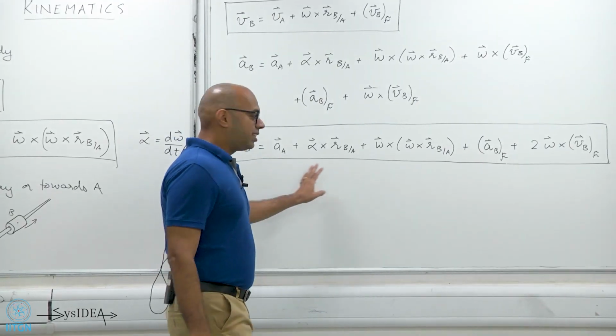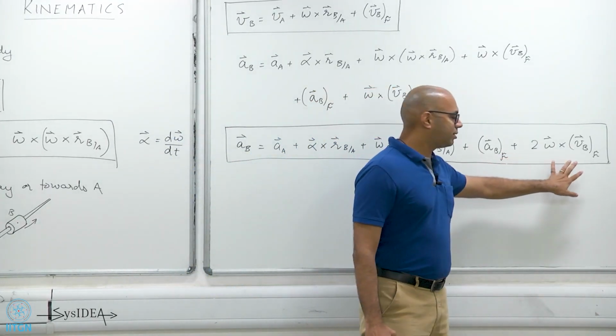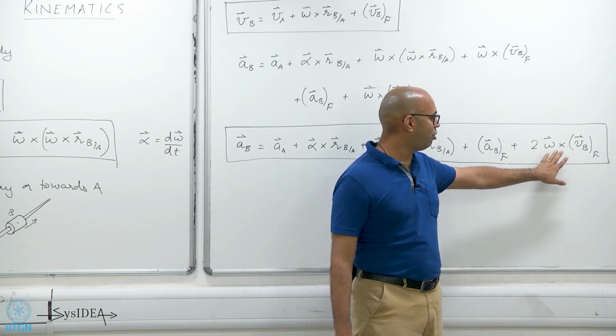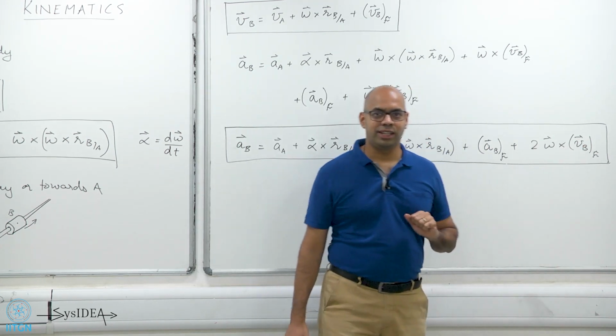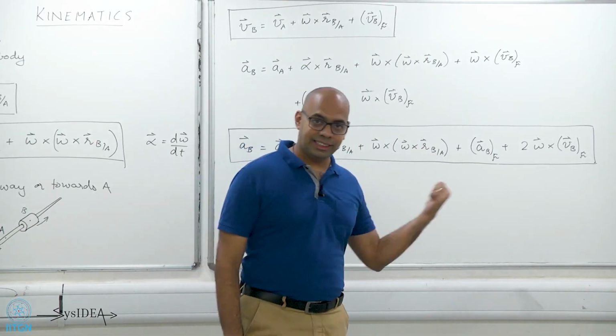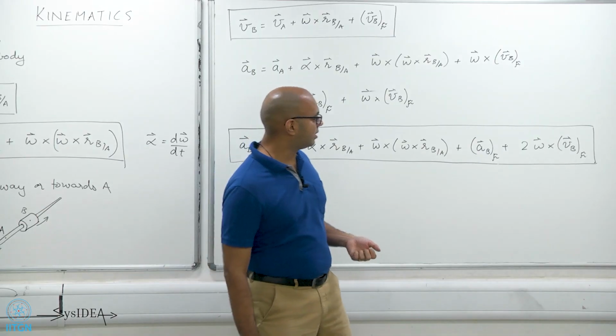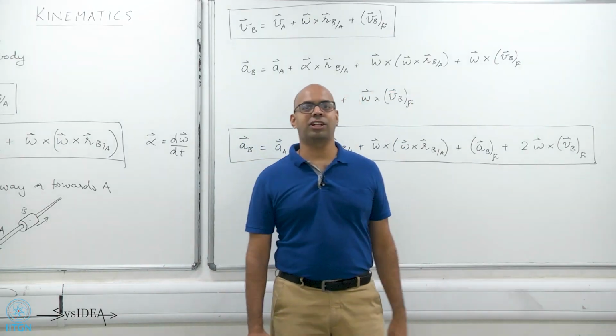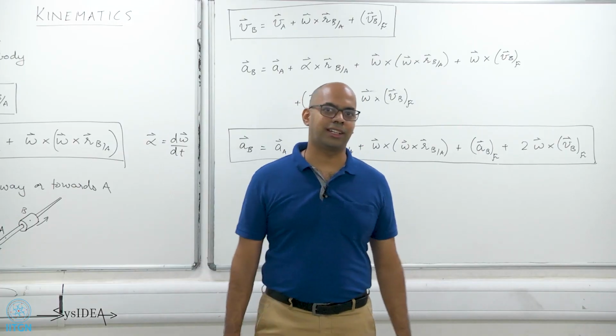Okay, once we have derived this equation, what is also interesting, you guys might have already noticed, is this curious term here, which is 2 omega cross with VBF. And many of you may recognize that as the Coriolis term. Yes, that is indeed the Coriolis acceleration. And there's a lot of debate about that. You will see lots of examples online, a lot of discussions online.